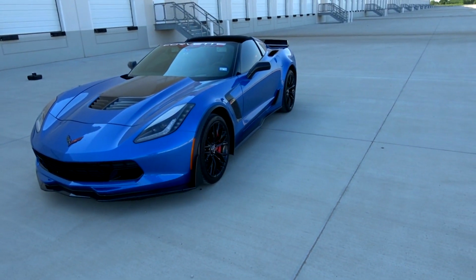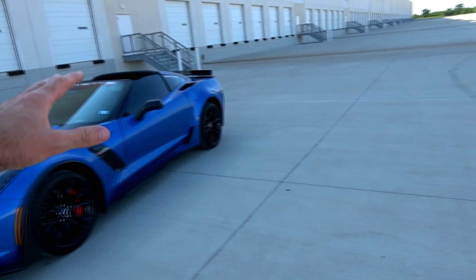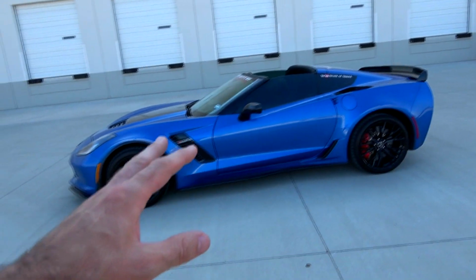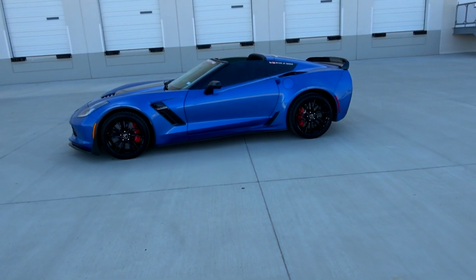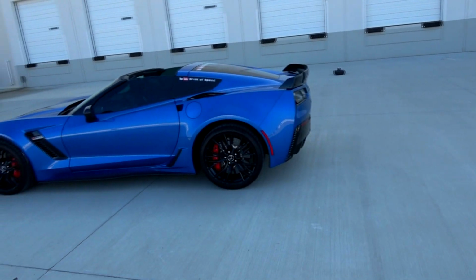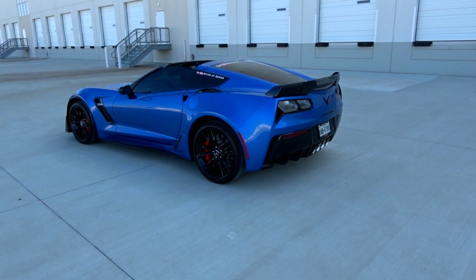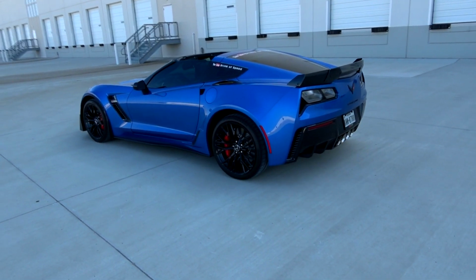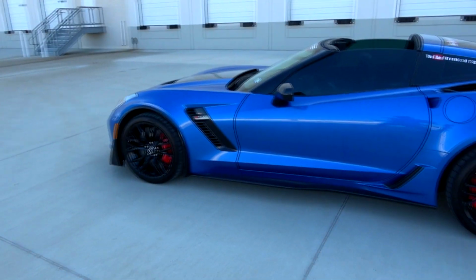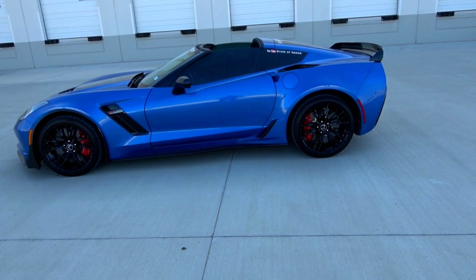Now, if you know anything about the C7 Z06, the Z51 Stingray, and the Grand Sport, and then obviously the new ZR1, they all come with magnetic ride suspension. And GM did a very major update on this suspension not too long ago. And you can take your car to GM, it's $350, and you get that full update. Your car has to sit for 24 hours after they do the update,